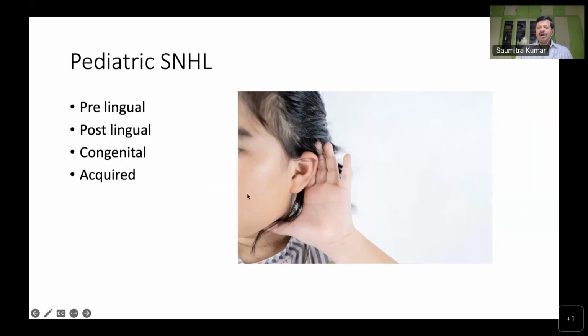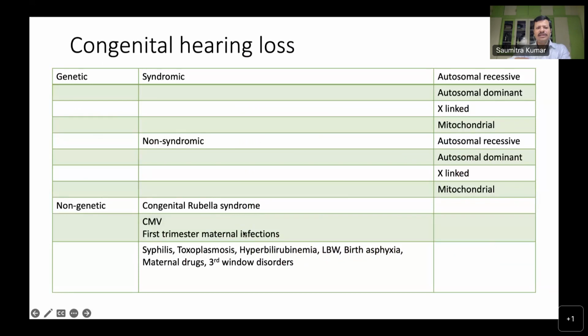A very important part of sensorineural hearing loss is the pediatric sensorineural hearing loss. We started just like the film, The Curious Case of Benjamin Button. We started from the old age, and now we are coming to the child. And we know that there are 2 types of sensorineural hearing loss in pediatric age group, the prelingual and the postlingual, that is before and after the development of language, and there can be congenital and acquired causes. I will not go into the details, just that it can be syndromic, it can be non-syndromic,